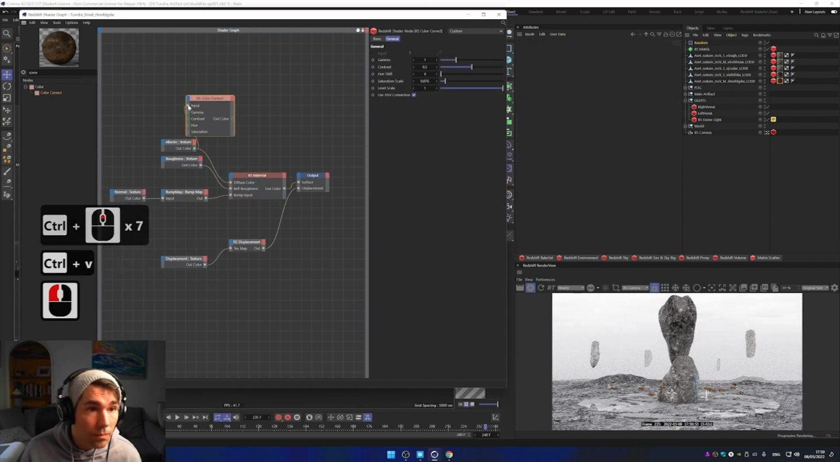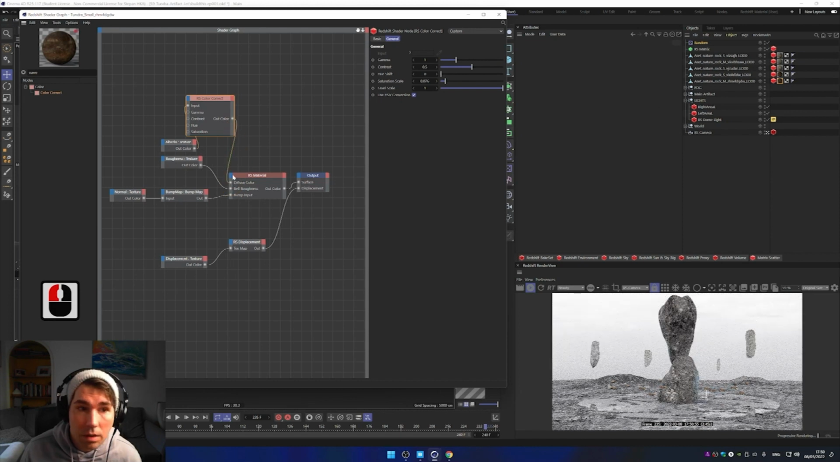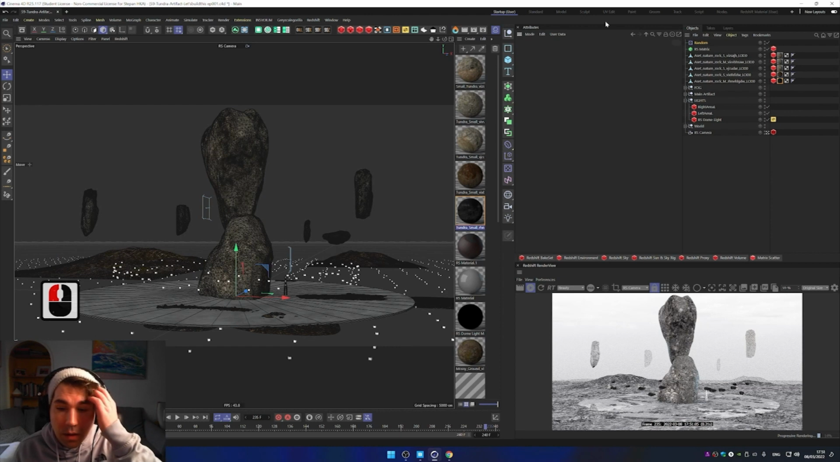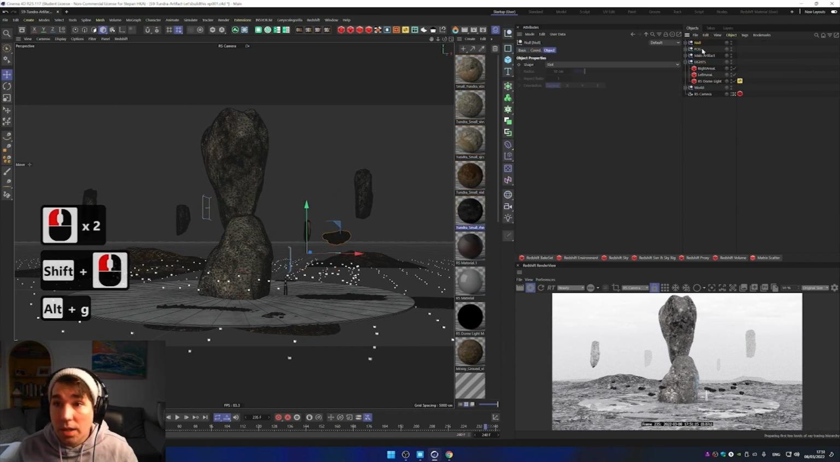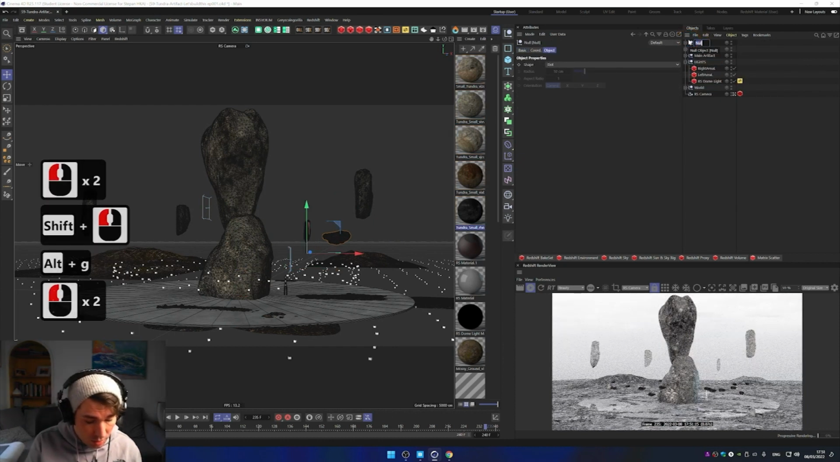Input and the output diffuse color. Maybe contrast. Yeah. Now, so that's the basic done. Basically, we have our Redshift. So we can just, again, highlight all those, Alt G, and we're gonna